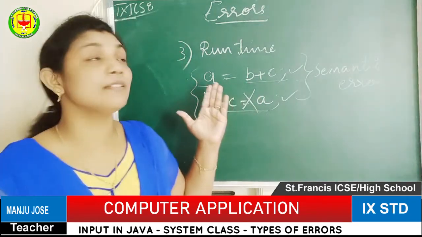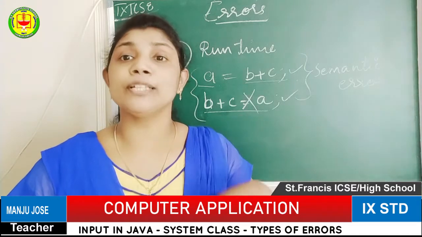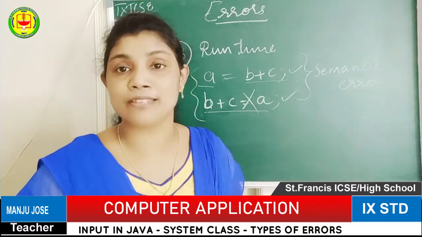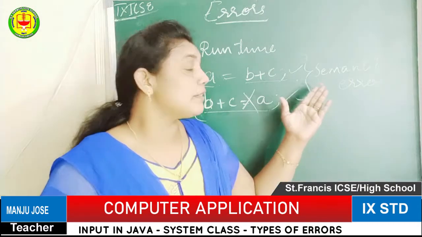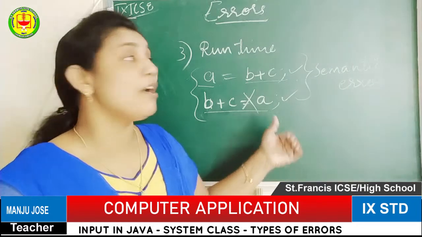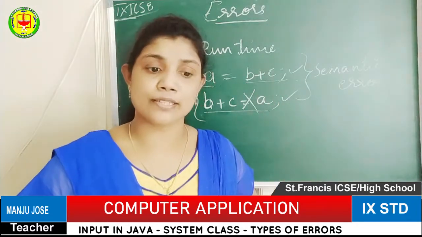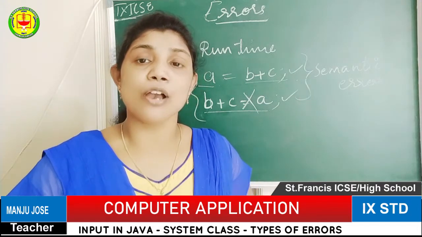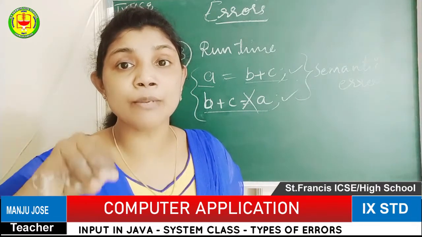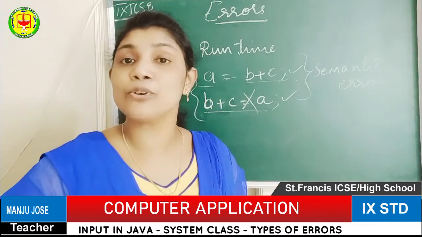The last but not the least, runtime error. During the runtime we are able to find errors, such as data type mismatch and expression mismatch, the expression error. This kind of expression error is called a semantic error. So why is it called a runtime error? After running the program, we try to enter some input value. After inputting the value, some kind of errors we are able to find. So that is called a runtime error.